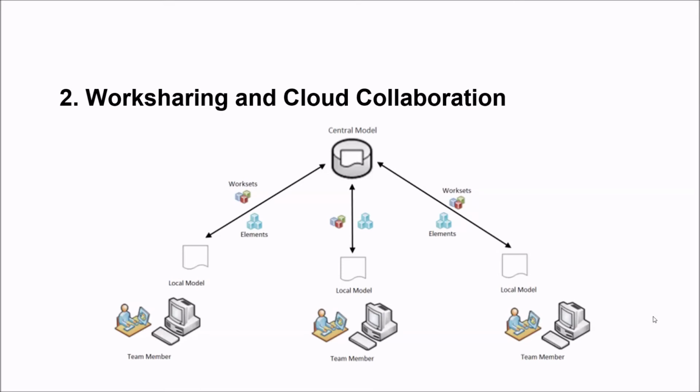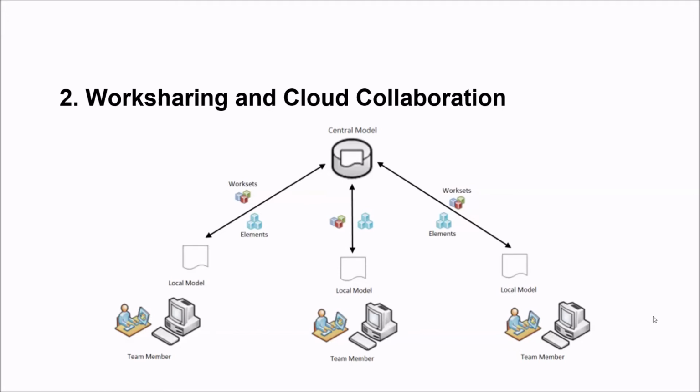Now that we've covered team structures and delivery methods, we will move on to how those entities might collaborate using the full capabilities of BIM. To start with, we will look at what is work sharing. Enabling work sharing involves creating a master project model, known as a central model, from an existing model. The central model stores the current ownership information for all worksets and elements in the project, and acts as the distribution point for all changes made to the model.